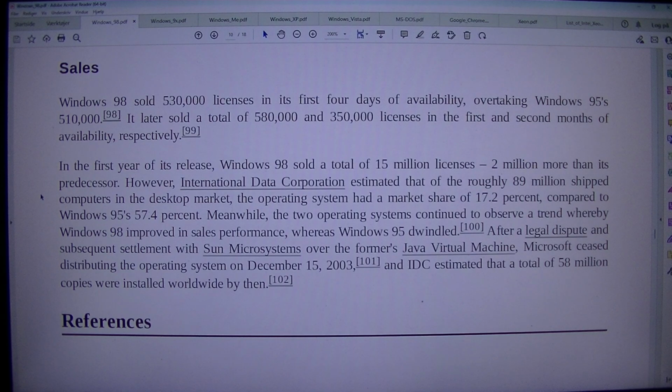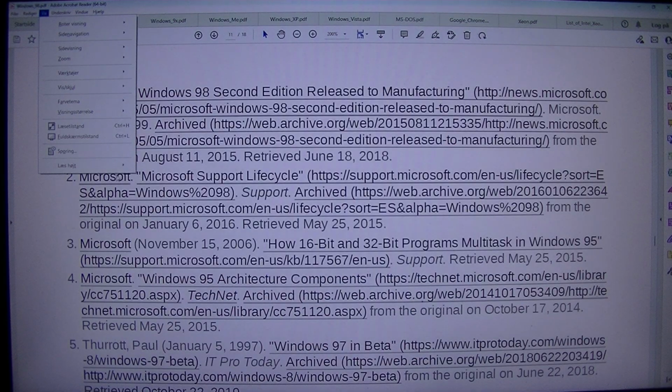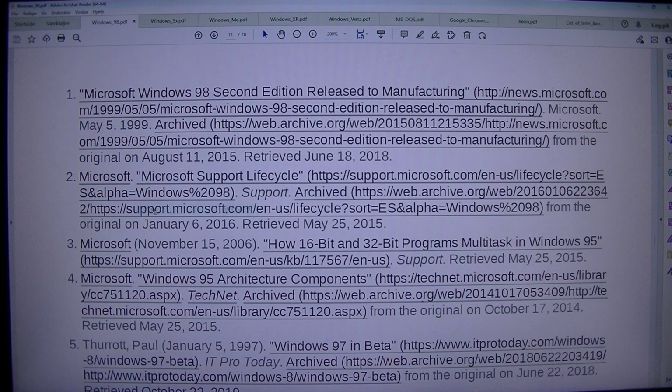After a legal dispute and subsequent settlement with Sun Microsystems over the former's Java Virtual Machine, Microsoft ceased distributing the operating system on the 15th of December, 2003. And IDC estimated that a total of 58 million copies were installed worldwide by then. References. 1. Microsoft Windows 98 Second Edition released to...